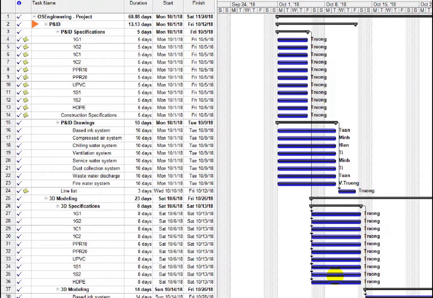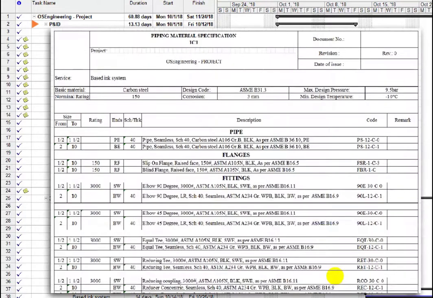Let's take a look at one of these specifications, the 1C1 specification. It is for carbon steel material, schedule 40. Pipe from 1/2 to 1.5 inch is small size, so it would have socket welded connections. Both ends are not going to be beveled but plain ends. Material specification is ASTM A106 grade B. Dimension is ASME